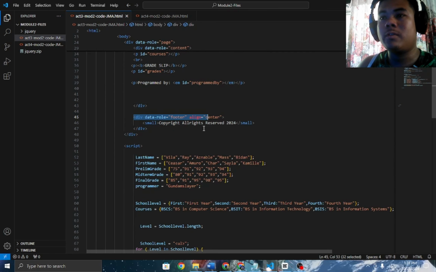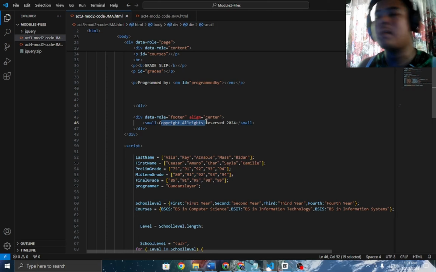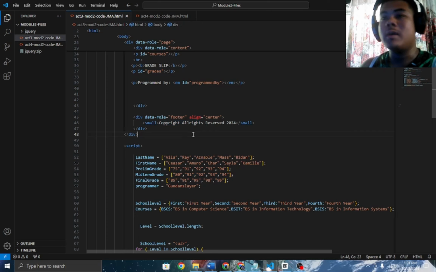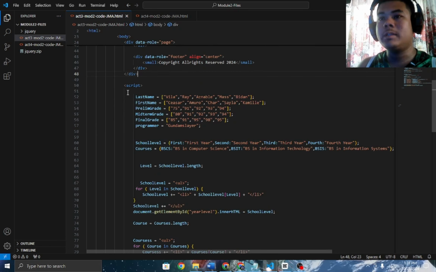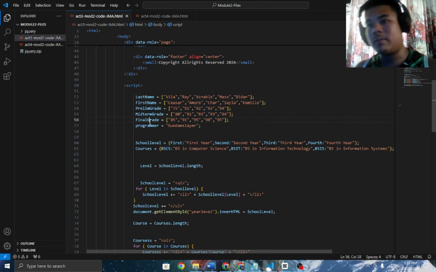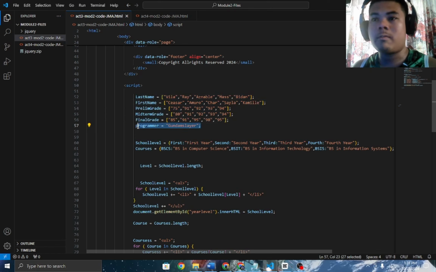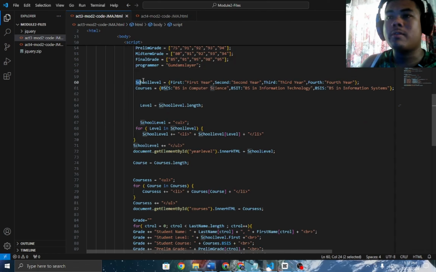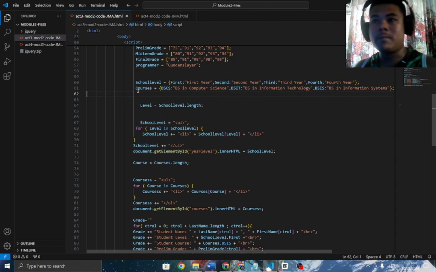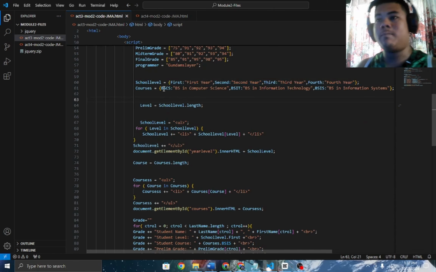Then for the footer, it's all up to you if you want to put a copyright or whatever. Want to advertise? Why not? It's all up to you. Then for this script, you have the value holders for the first name, last name, prelim, midterm, and final grade. And for the programmer, of course, which is me, it is all up to you whether you want to name it. Alright. So for the school level, you have the first to fourth year, the courses which are named BSCS